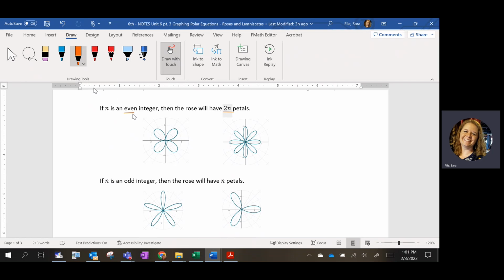So when you have an even n value, you multiply that by 2, and that's your number of petals. Okay, when it is odd,